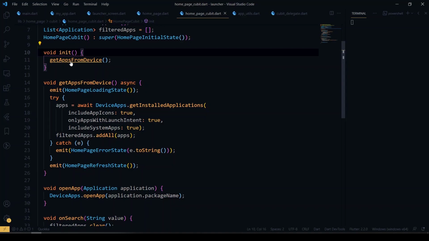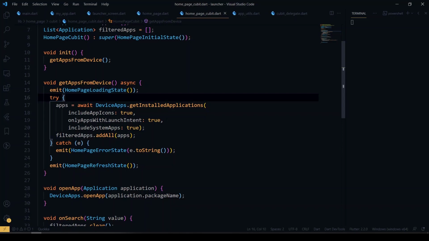So here I'll just call the get apps from device. Inside it I'll be emitting the home page loading state. So right now the loader will be populating on the screen, and after that I will be getting the installed applications from the device by using the device apps plugin.